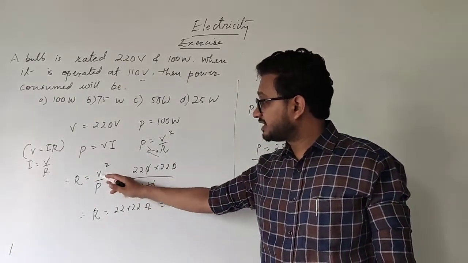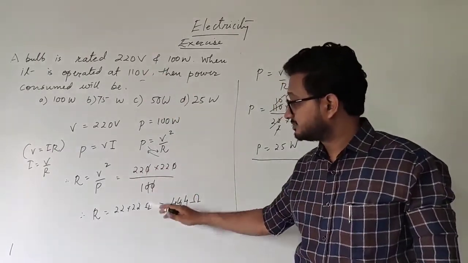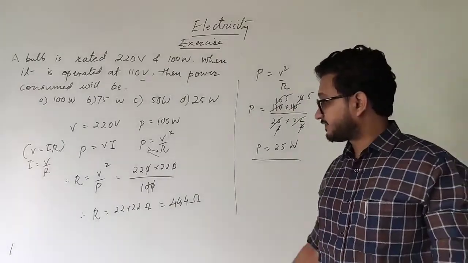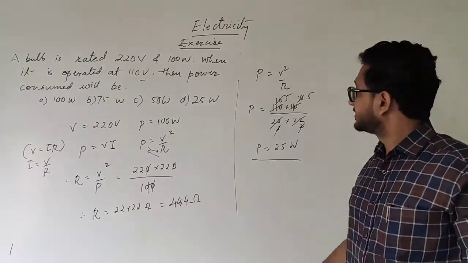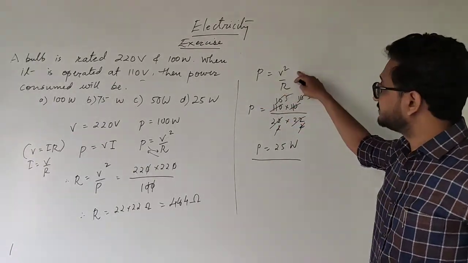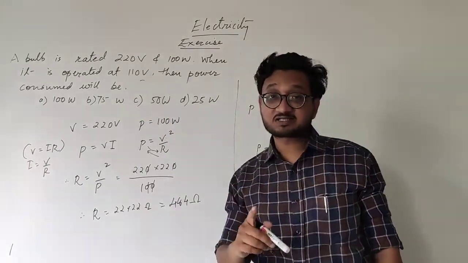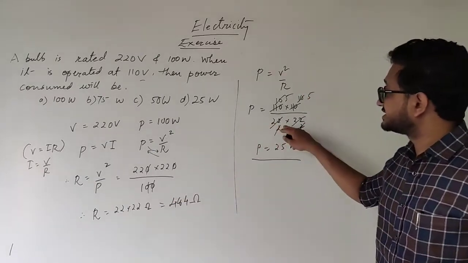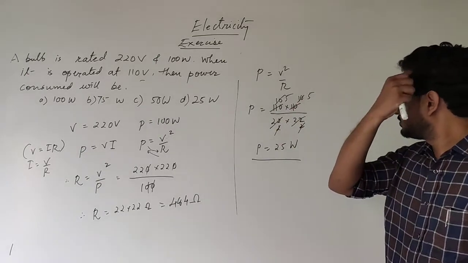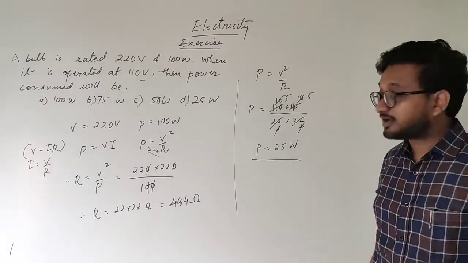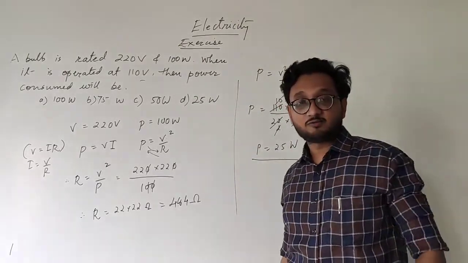Okay. Substituting the value of potential difference, that is 220 volts, you get 22 into 22 over here because zeros are getting cancelled. And the final thing that you get is 484 or 22 multiplied by 22 ohms. Obviously, because it is resistance, and power P is equal to V square by R. But now we have to find the power for 110 volts, and as the resistance remains constant, we can put the value of resistance over here. So potential difference is 110 into 110, you get 22 into 22 getting cancelled, and finally you get the answer as 25 watts. So what you get over here is 25 watts.